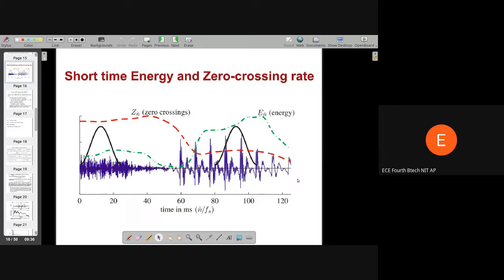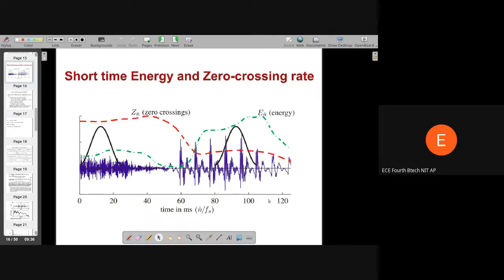The zero crossing rate, again, silence and unvoiced, it's difficult to separate clearly by thresholding, but definitely silence or unvoiced versus voiced, you can see the zero crossing rate is far greater for unvoiced or silenced regions compared to